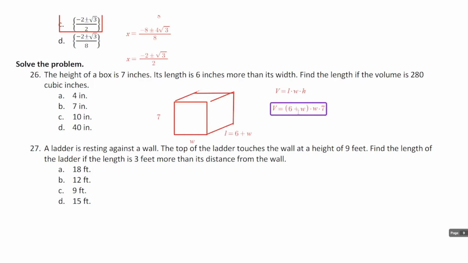So here I've got 7W times this. So I'm going to distribute that in. Apply. 7 times 6 is 42. So we get 42W plus 7W. Okay, so if the volume is 280 cubic inches, I'm going to set the volume equal to 280, and now we're going to solve for W. 42 plus 7 is going to be 49, so I've got 280 equals 49W. And then if we divide both sides by 49,